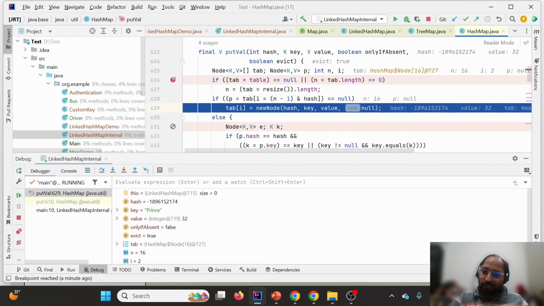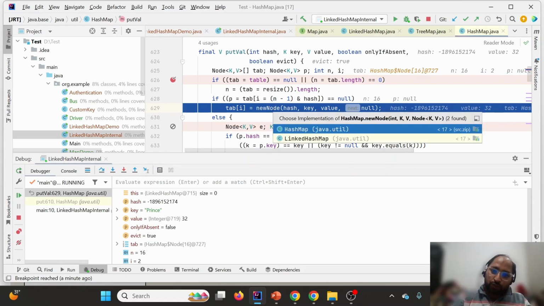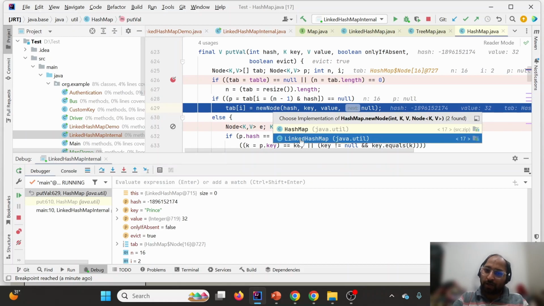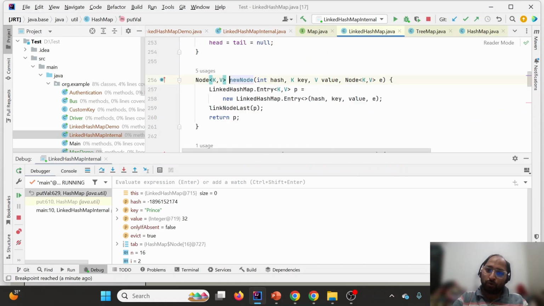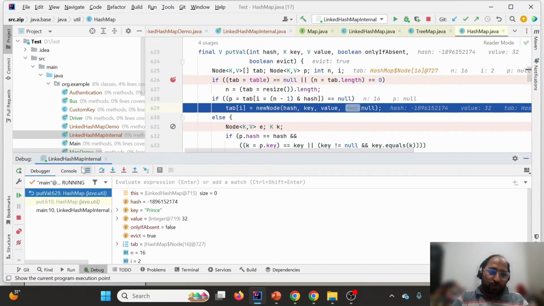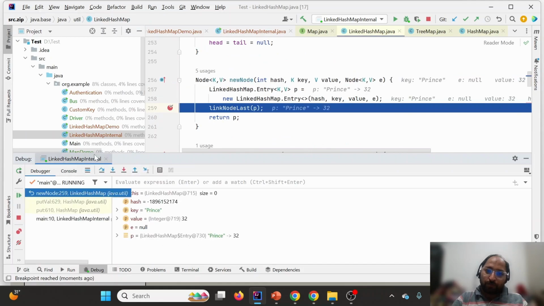Now here is the turning point. I'll show you that HashMap has its own newNode method, and LinkedHashMap has its own newNode method. So I'm going to put a breakpoint here. When I resume my operation, the control will go here. Whatever hash, key, and value we have passed, it has simply passed to LinkedHashMap.Entry.